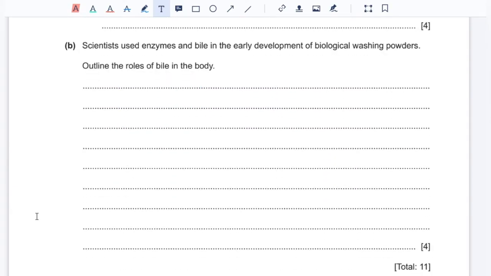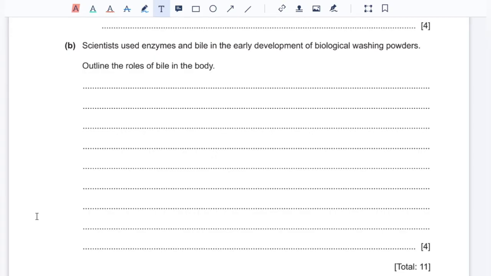Scientists use enzymes and bile in the early development of washing powders. Outline the roles of bile in the body. So bile is a fluid which is made in the liver and stored in the gallbladder, from where it reaches the small intestine. And in here, it is going to break down larger molecules of fats into smaller bits, which